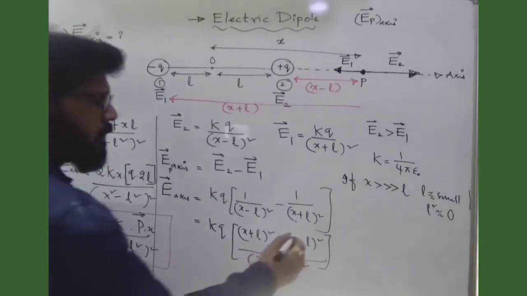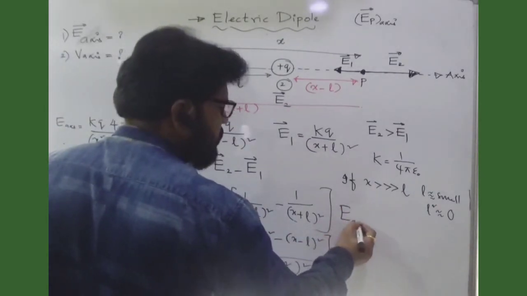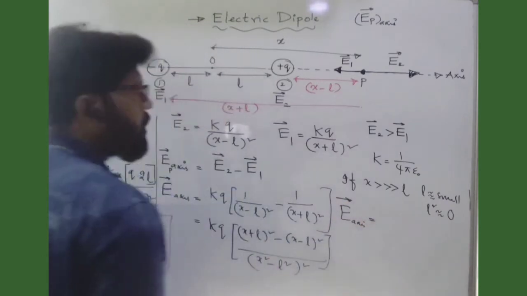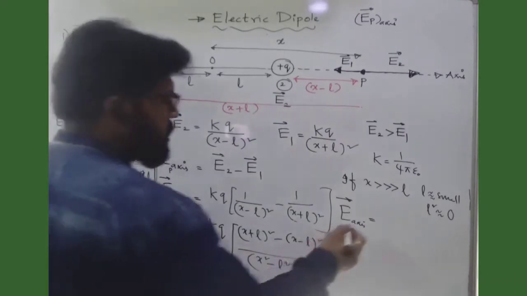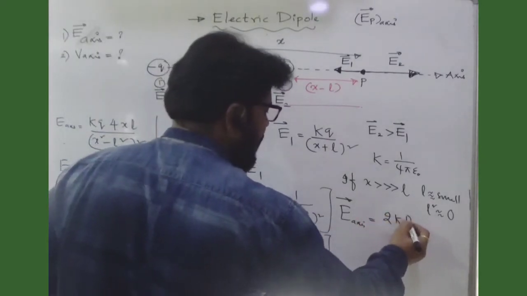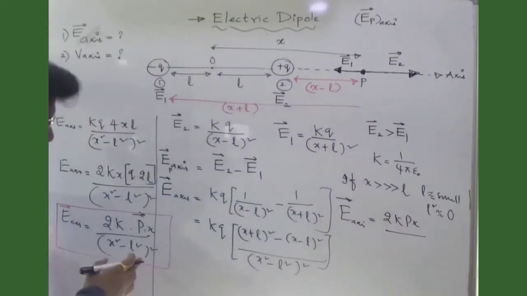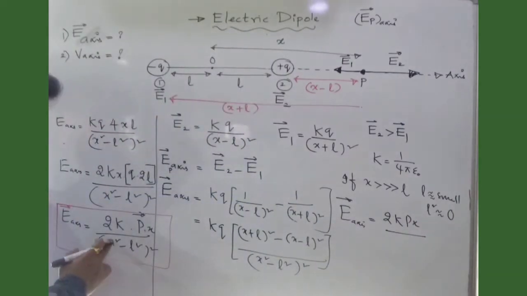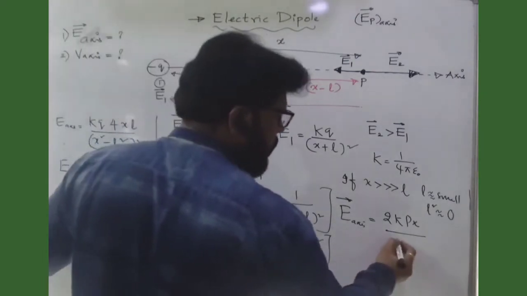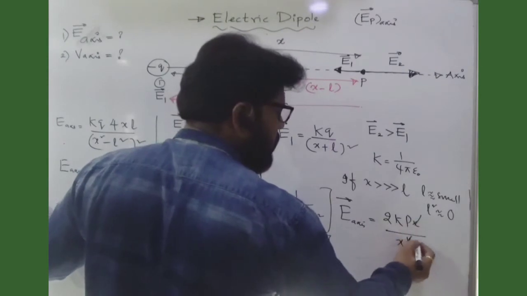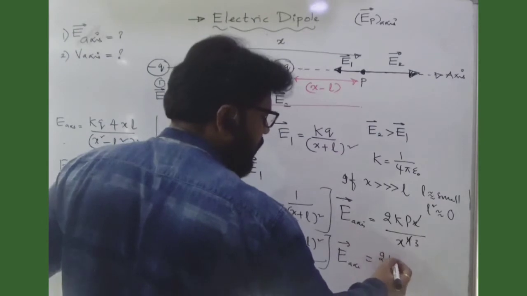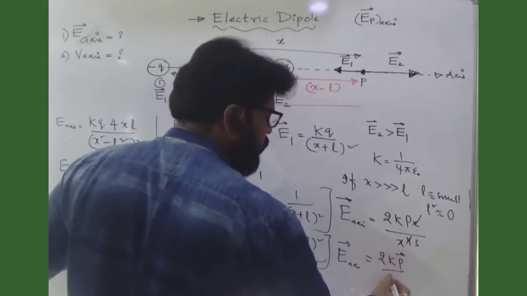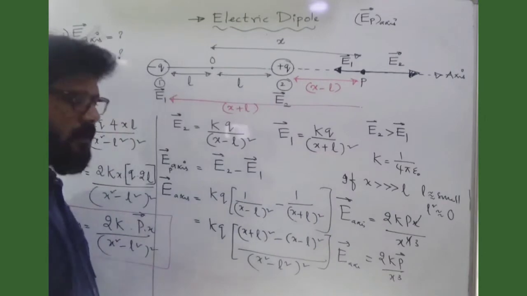Then if I substitute here, E on the axis, it's nothing but the electric field on the axis of an electric dipole, given as 2kpx divided by, in the denominator, if you take L square will become 0. So (x square) whole square is x to the power of 4. The 1's are nothing but 3's. E on the axis can be written as 2kp divided by x cube. Is it clear, this one? This will be the answer for that one.